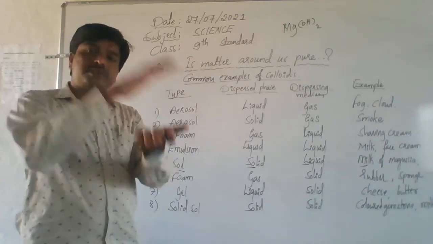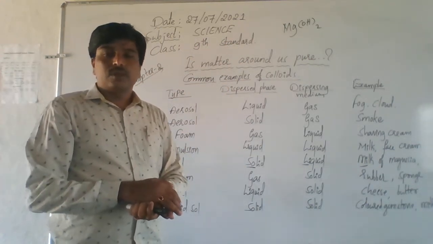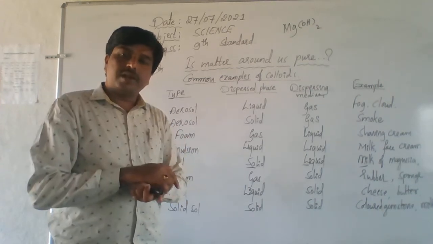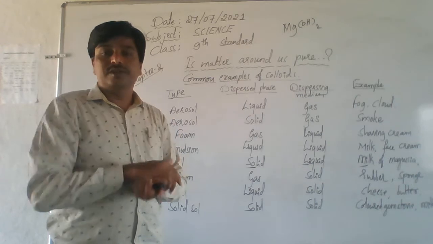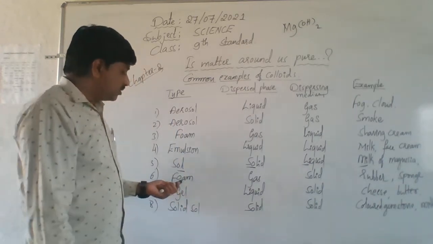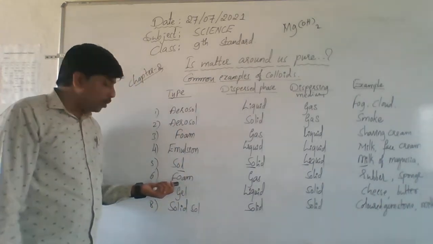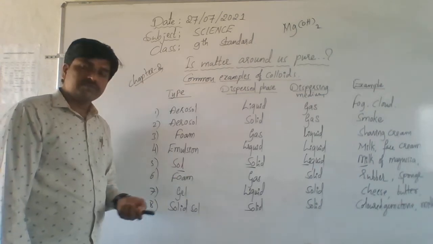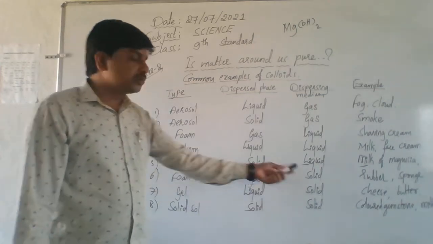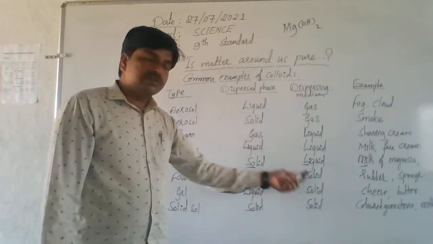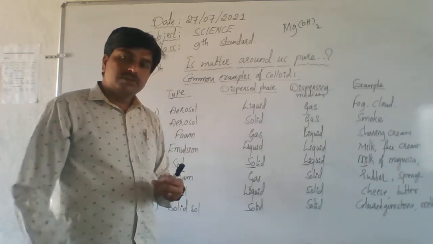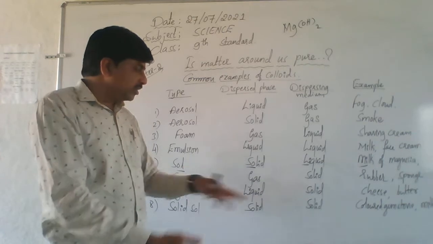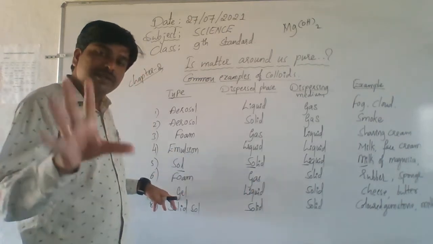You can easily compress the rubber and sponge because gas is present in liquid and solid. So that kind of colloidal solution is also called a foam. The next one is gel. Gel is nothing but liquid in solid. Here the dispersing phase is liquid and the medium is solid. So if the liquid is present in solid, that kind of colloidal solution is called simply a gel.